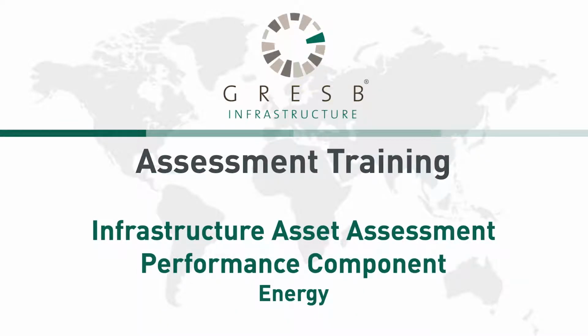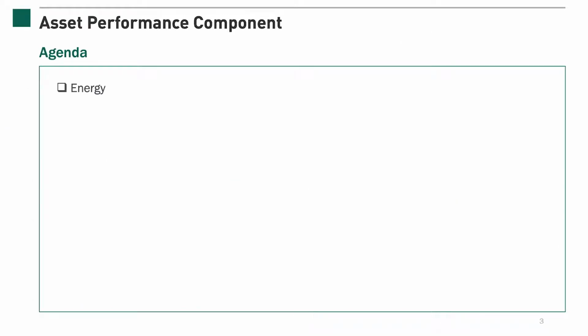This video is part of the GRESB Assessment Training Program. It will cover how to complete specific aspects in the Infrastructure Asset Assessment Performance component using the GRESB Assessment Portal. We'll go through indicators aspect by aspect, providing guidance and examples of how to report on each in the Assessment Portal. For an overview of the structure of the indicators in the Performance component, refer to the lesson titled Asset